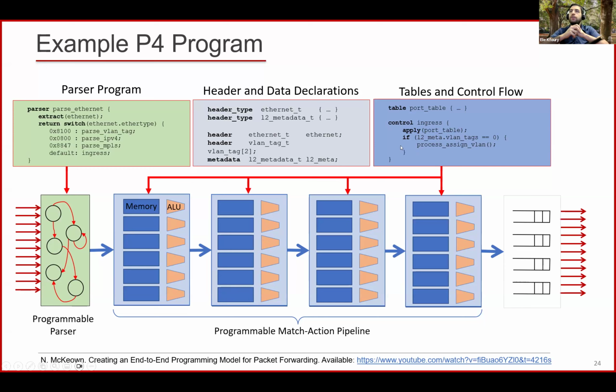You can do shifting, you can do plus, minus. You can also store information in registers. You can have counters, you can have meters. So a lot of elements are available to you here in the match action pipeline so that you can do processing on these packets. And because it also enables stateful processing, you can store information so that you can retrieve that